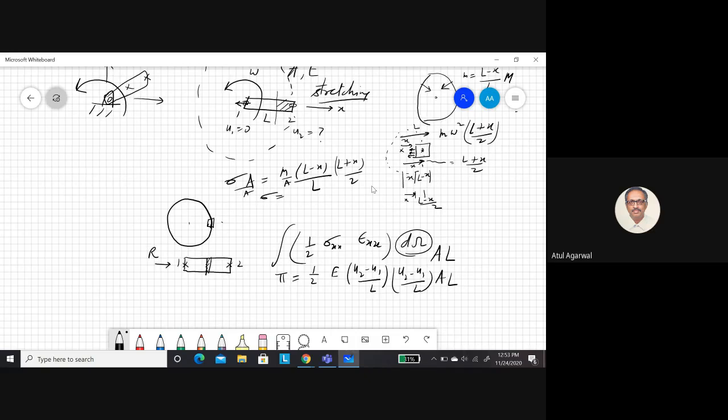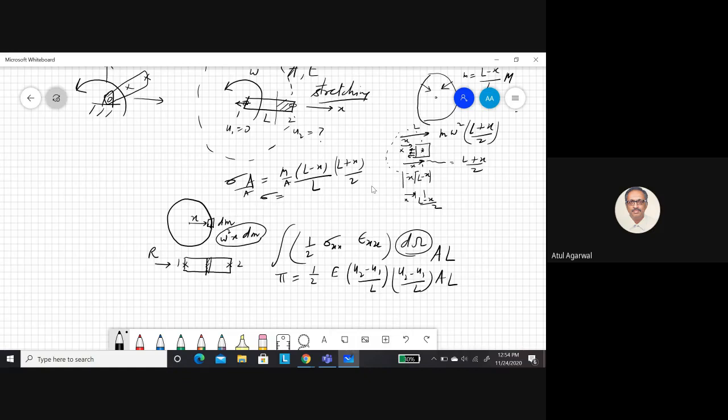So this has a mass dm, and this distance is x. What is the force required? Acceleration is omega square x. So this is the force required to keep it in a circle. You see there is a distributed force dependent on position. Now each element is suffering some force.